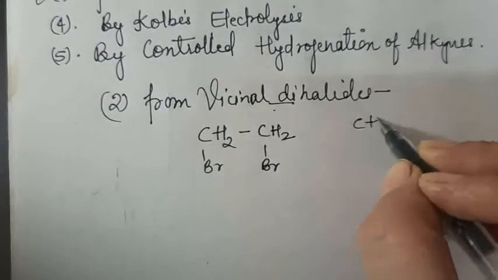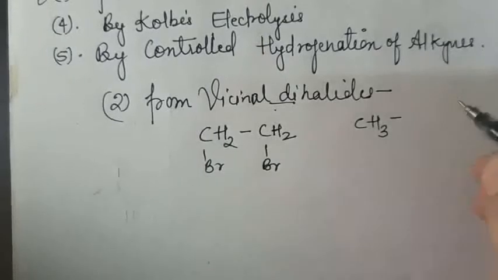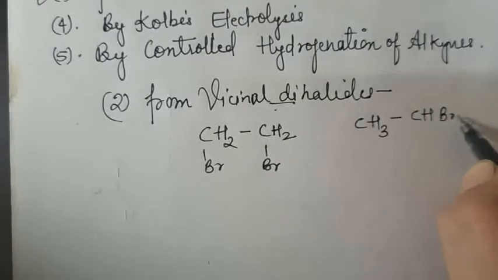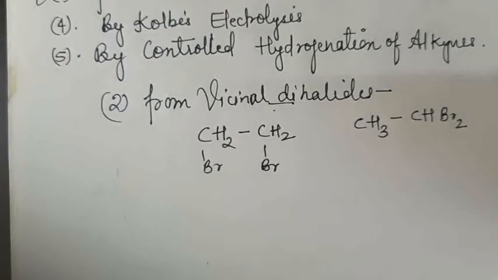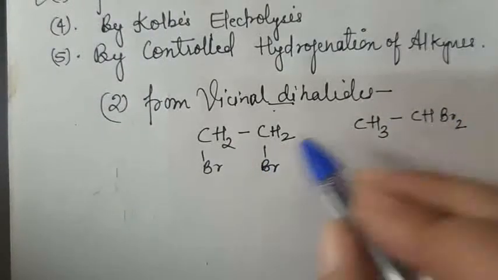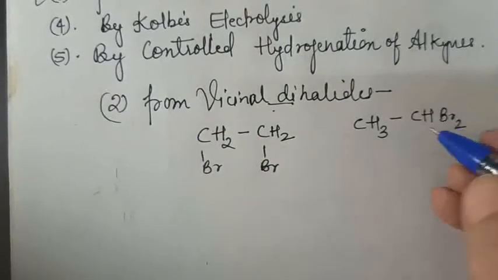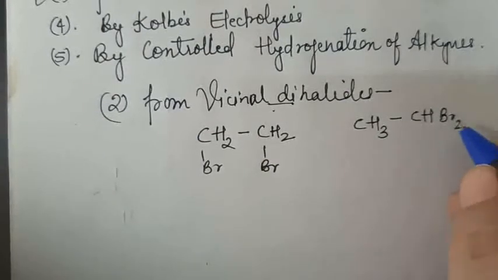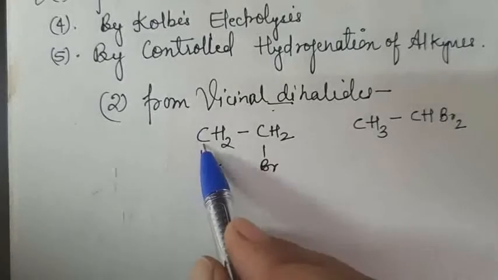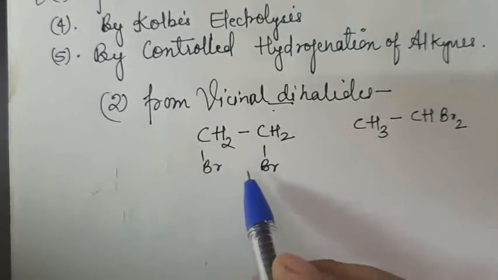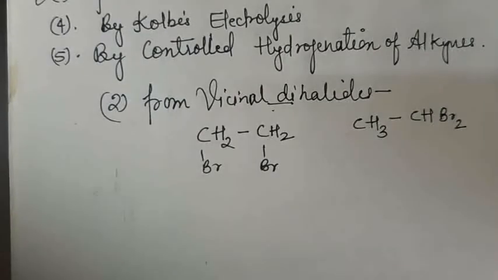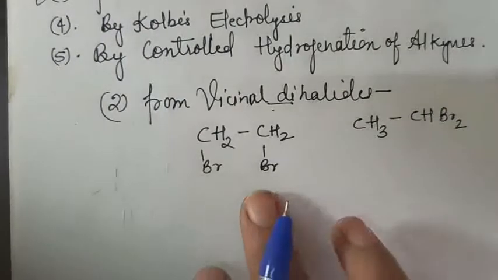This molecule, by rearranging, can be written like this also. So if we inspect and think what is the difference between the two, then we can very well see both are having two bromine, but the position of theirs is different. Here both the bromines are on the same carbon. यहाँ पर सेकंड वाले कार्बन पे ही दोनों ब्रोमीन लगे हुए हैं और यहाँ पर आजू बाजू के कार्बन पे, ठीक है, ब्रोमीन लगे हुए हैं, यानी they are present on two different carbons in this case.